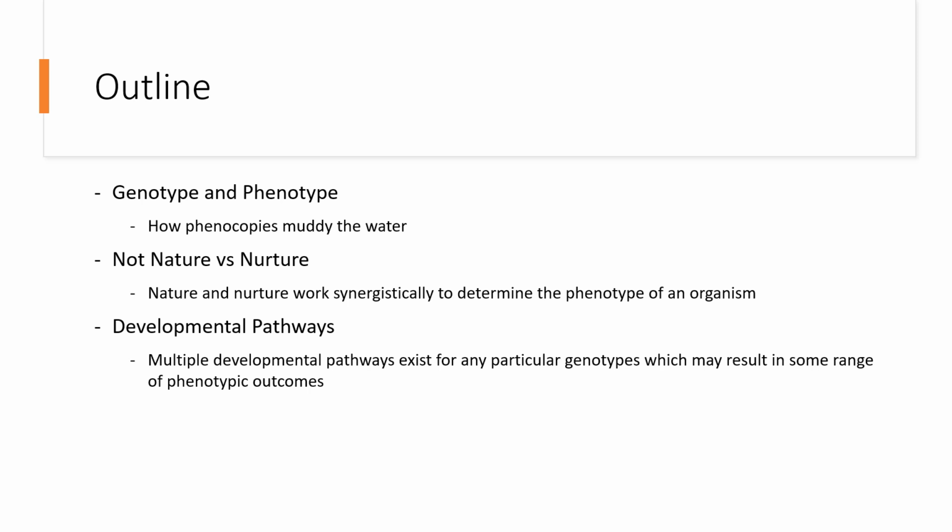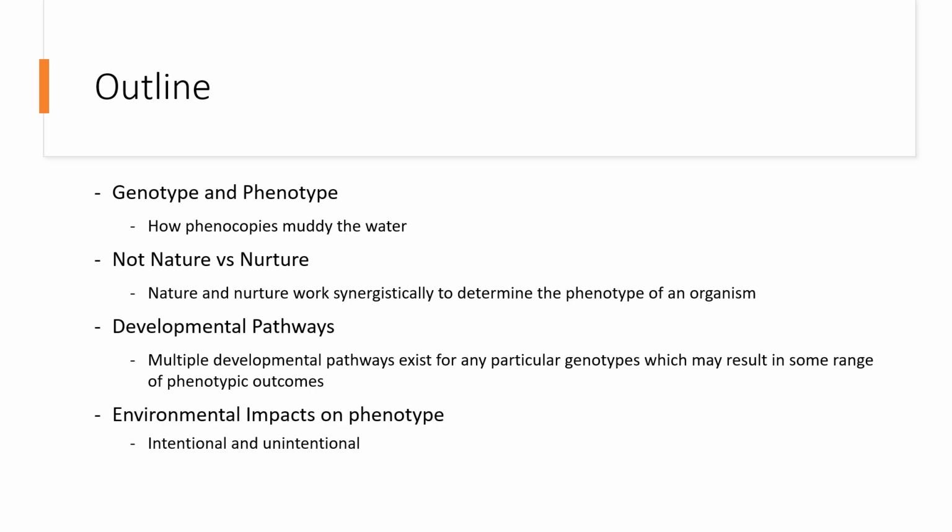Thirdly, we will look to recast developmental pathways in a new light as less certain, predictable paths from genotype to phenotype. We will see that it is inaccurate to view development as a straight path from one point to another, but rather we will see that development is a highly indeterminate process with a high degree of plasticity in both the paths that it can take to its endpoint and the actual endpoints it reaches in adult organisms. This plasticity is thanks in large part to the importance of gene-environment interactions and how each can influence the other.